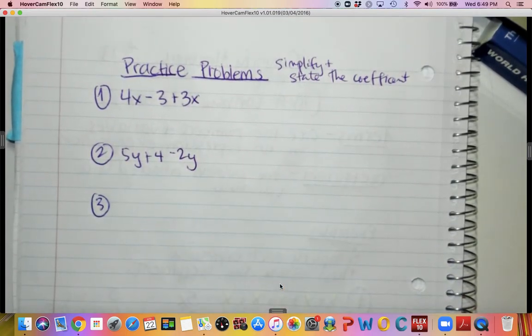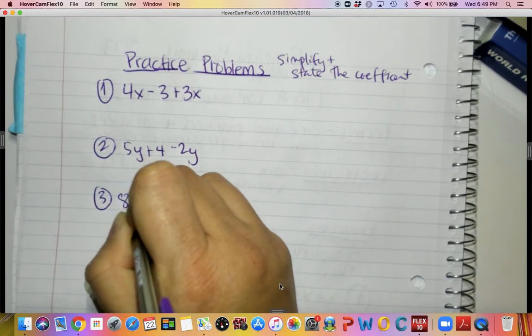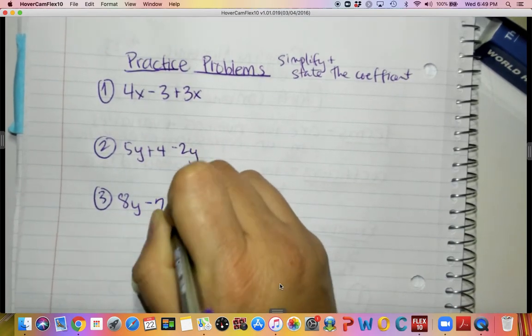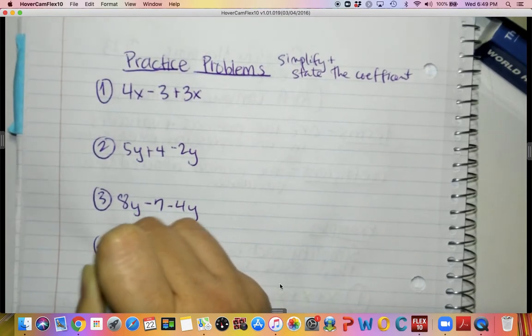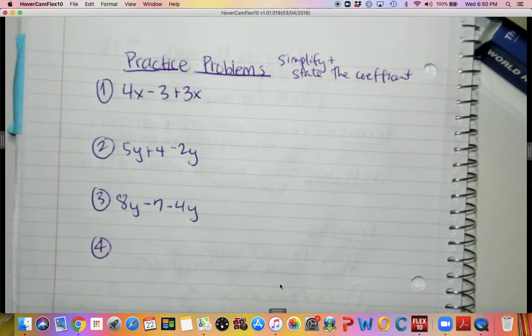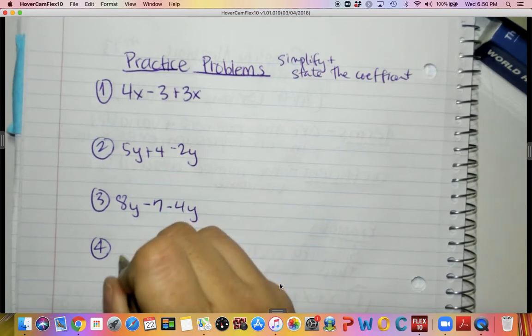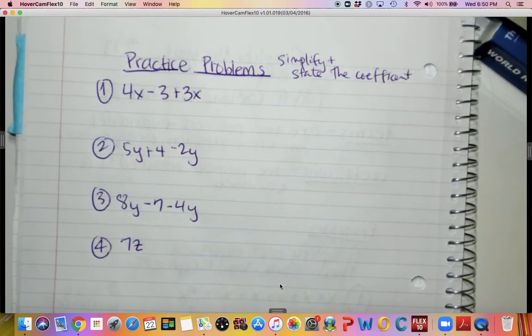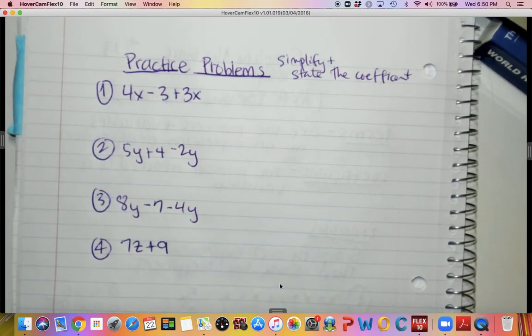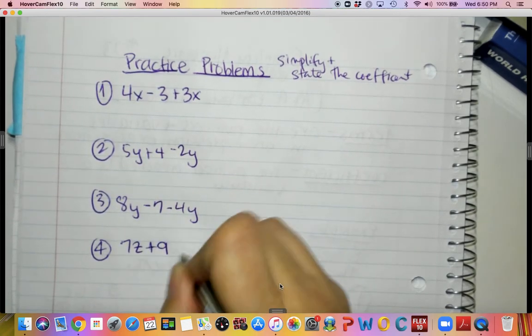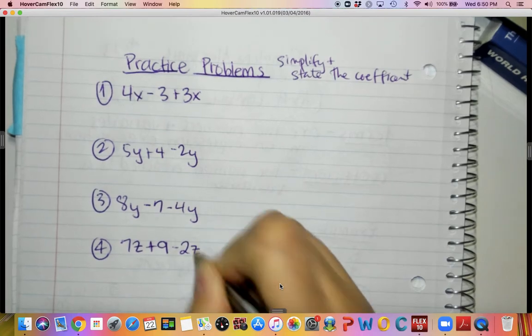Number 3 is 8y minus 7 minus 4y. Number 4 is 7z plus 9 minus 2z